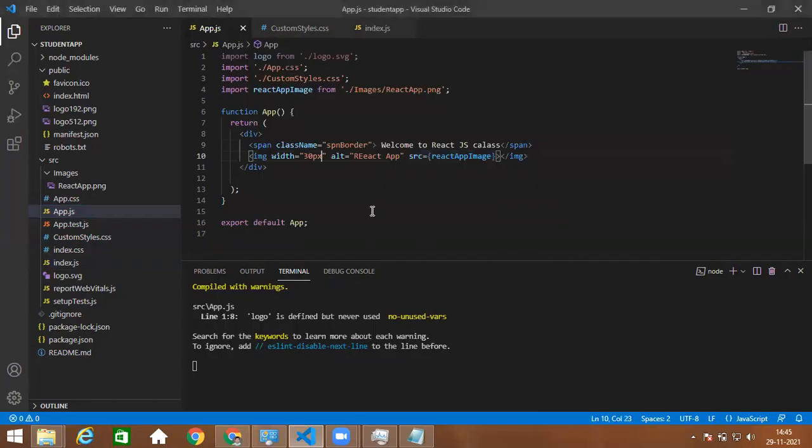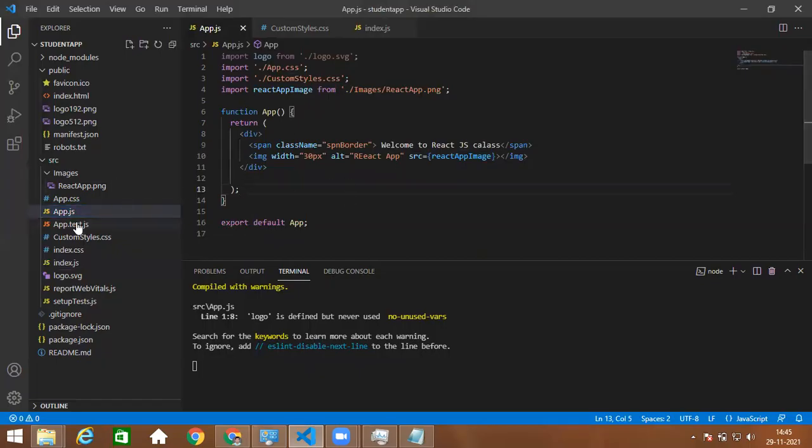Till now we know how to add our custom CSS file into a React.js application, how to add a label, how to add an image, and how to add a CSS class to our label. Based upon your requirements, you can add whatever custom styles you want in your CSS class, custom styles.css.